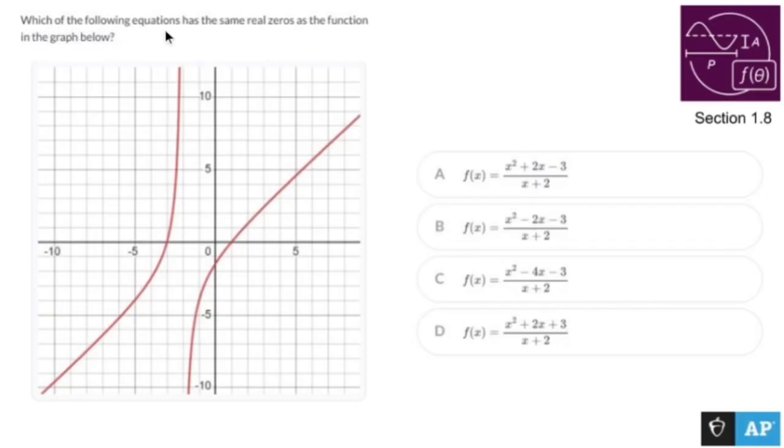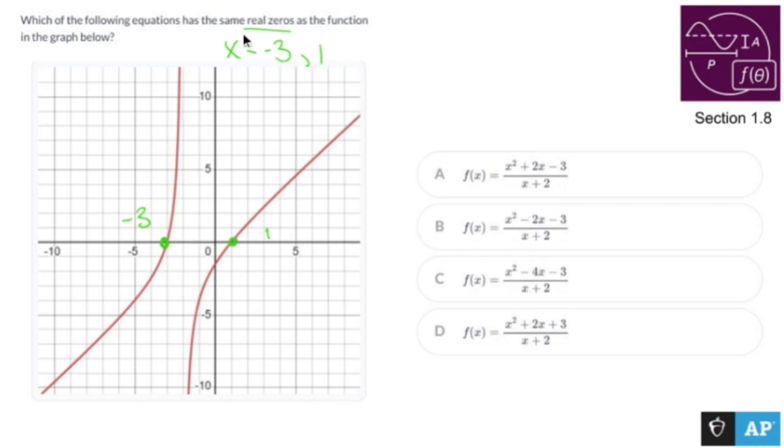Which of the following equations has the same real zeros as the function in the graph below? Well, here's my function, and it crosses the axis here at -3, and it crosses the axis here at 1. So the real zeros for this function are at -3 and 1. So what I need to do is find which one of these has the real zeros of